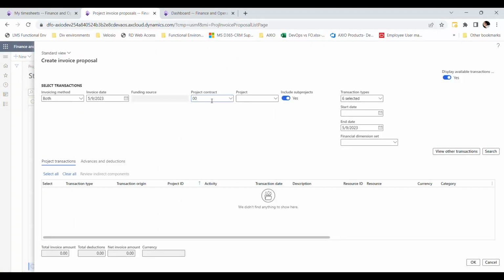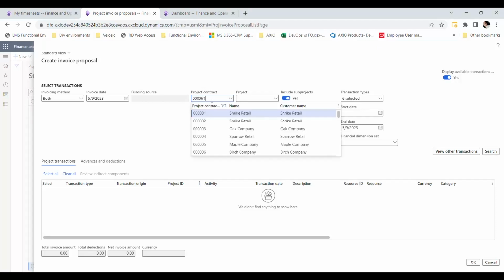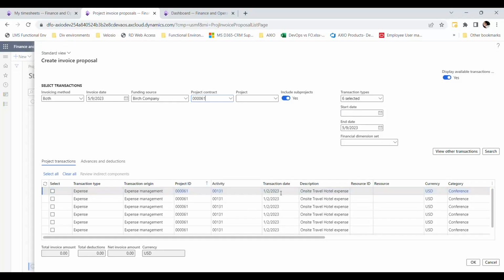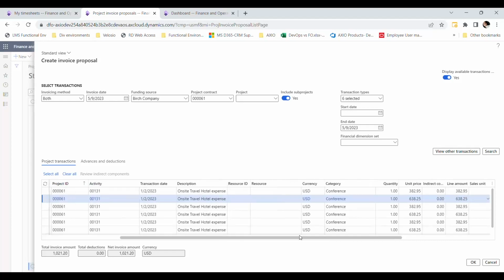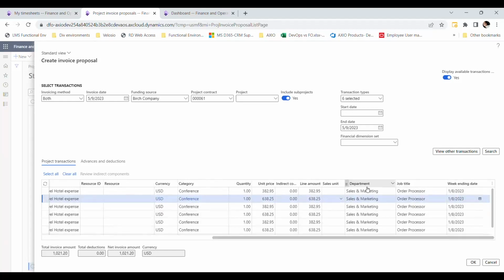Select the project contract ID from the drop-down list. All transactions related to the project are displayed in the Project Transactions grid. Next, select the checkboxes for any transactions that should be included in the invoice proposal. Note that there are custom flexible invoice fields that indicate the department, job title, and week ending date related to